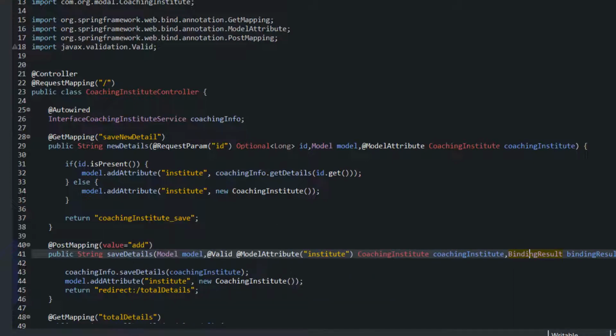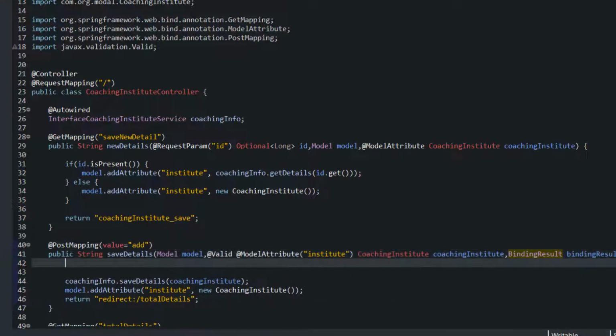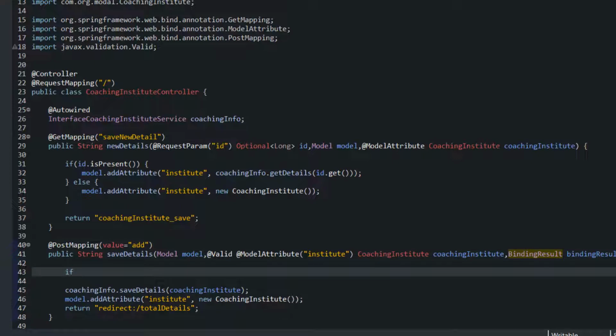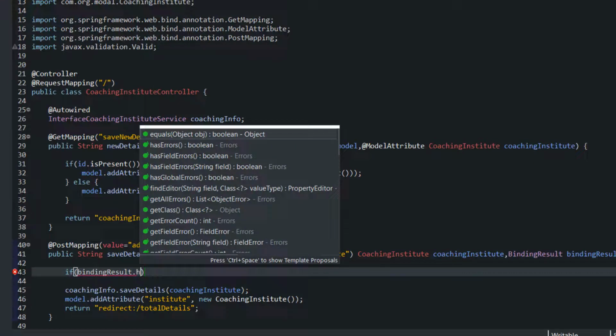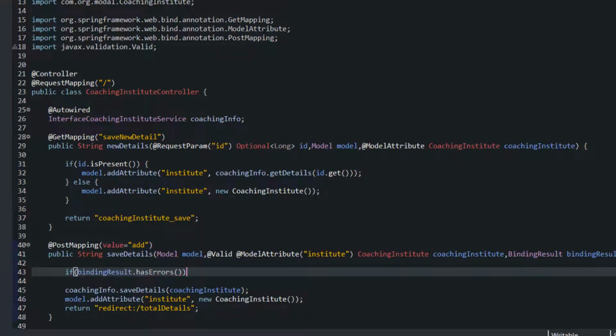Okay, so how am I going to see with the help of binding result? I'm going to mention one if logic, and here I pass binding result dot has errors.